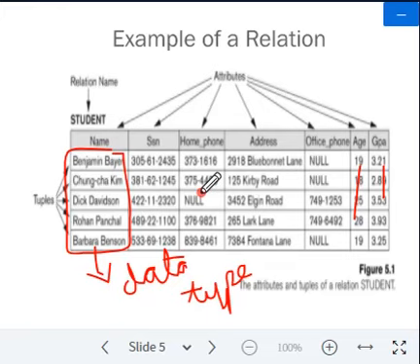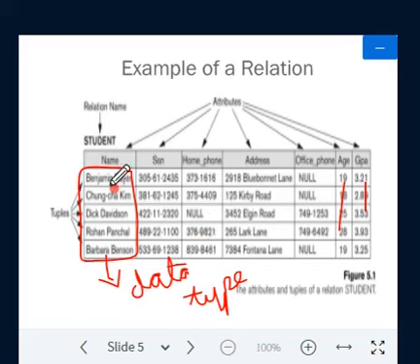There will be a format for some domains. For some values there will be a format. Names, what is the domain? The format for the domain name is that it will be a set of character strings. Then grade point average, GPA stands for grade point average. Grade point average means the possible values of computed grade point averages, each must be real. So if it is real, I can just represent it as real or decimal.